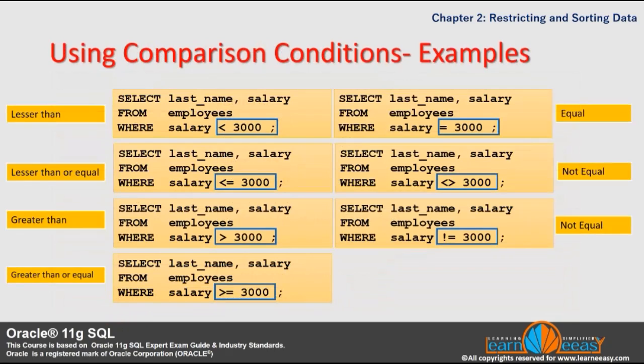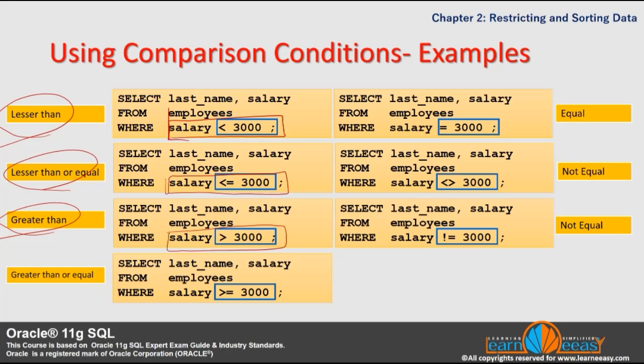Examples. In the first example, the select statement retrieves the last name and salary from the employees table for any employee whose salary is less than $3,000. In the second example, for any employee whose salary is less than or equal to $3,000. In the third example, for any employee whose salary is greater than $3,000. In the fourth example, for any employee whose salary is greater than or equal